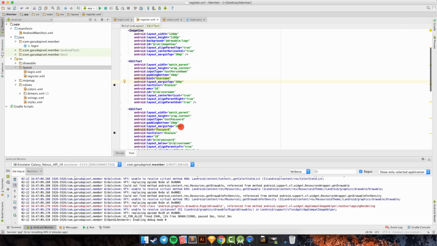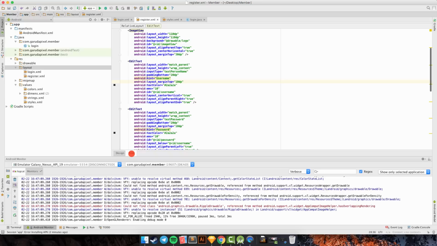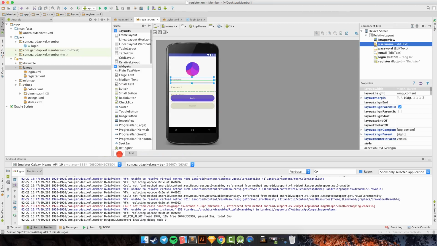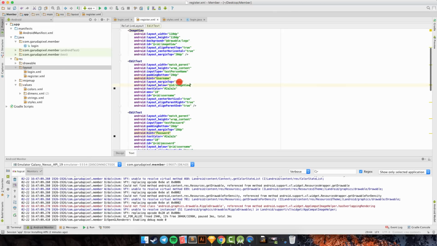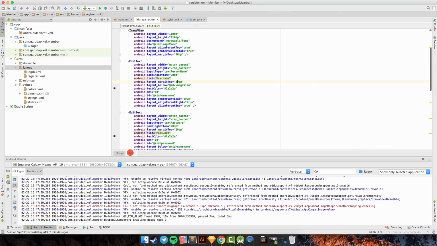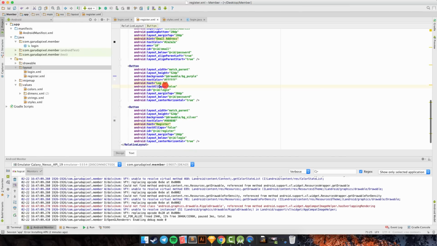No, it's not working. Okay, we can set it below the image view, and increase the margin top to 30 like this, and in the login we find the login here.